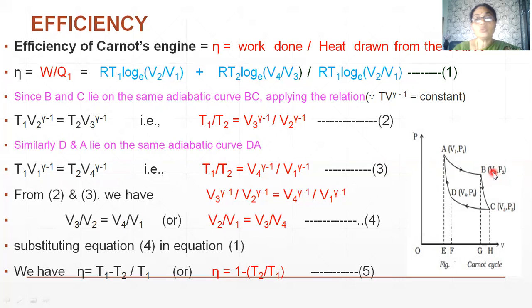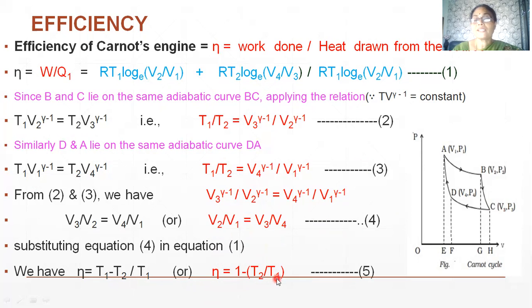So T1 V2 to the power of gamma minus 1 is equal to T2 V3 to the power of gamma minus 1, or T1 by T2 is equal to V3 to the power of gamma minus 1 by V2 to the power of gamma minus 1. Similarly, these 2 points, DA, represent another adiabatic compression process. D and A lie on the same adiabatic curve. Making use of the same equation and simplifying, we will get this equation. Now, simplifying these two equations, 2 and 3, we will finally arrive at V2 by V1 is equal to V3 by V4. Substituting this equation in equation 1, we will get eta is equal to T1 minus T2 by T1,